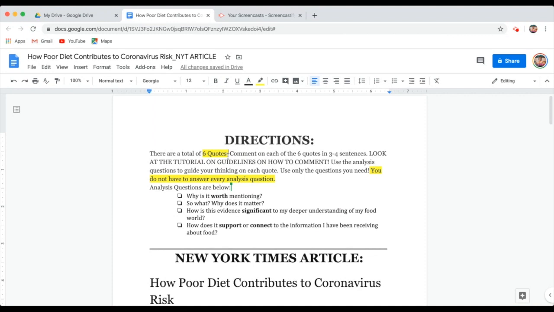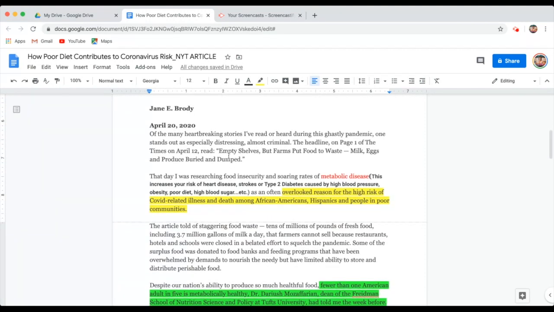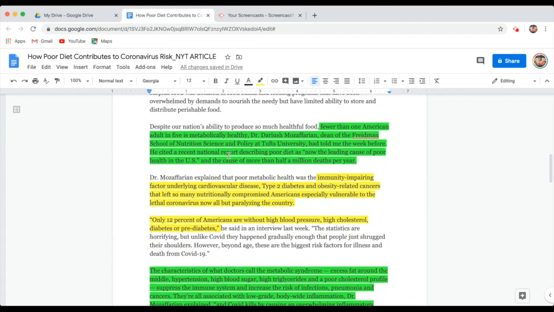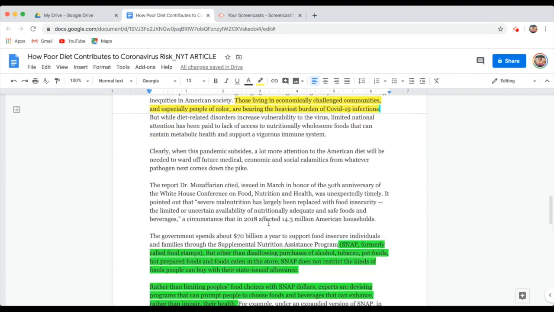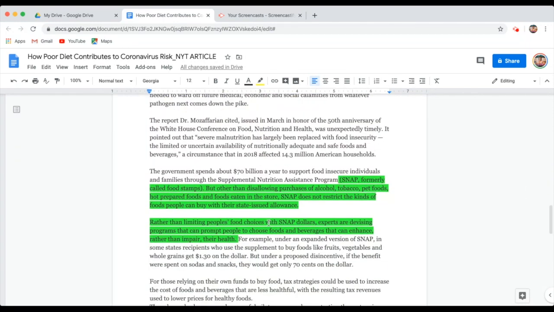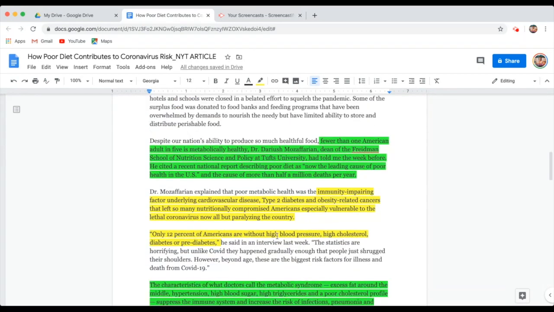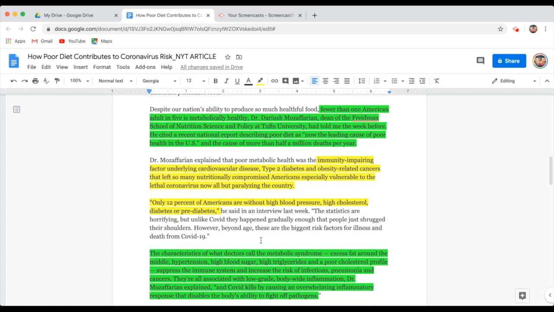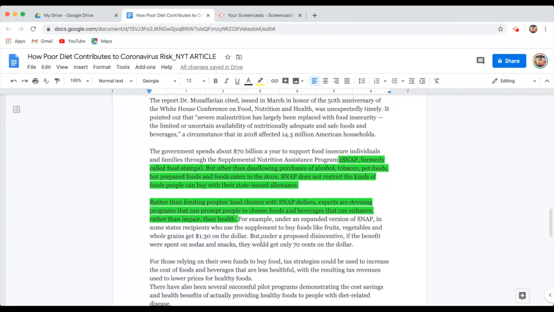What I would do first is please read the article, go through, and you're going to notice some highlights. So I'm going to scroll through, pretend that I'm so quickly reading. Scrolling through, I'm going to notice that there's quotes in green and in yellow. The reason I altered the colors was because I wanted to make sure that you knew which ones were grouped together. I know it's a little uneven, but this is grouped together. That's why I kept that all in yellow. I thought it was easier for you to distinguish if I separated by color. Okay, so these are a total of 6.